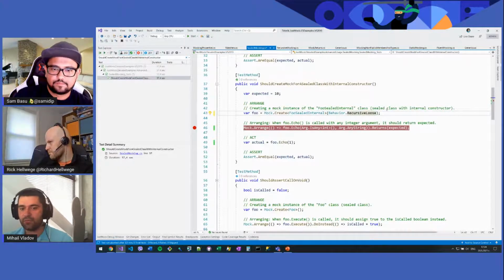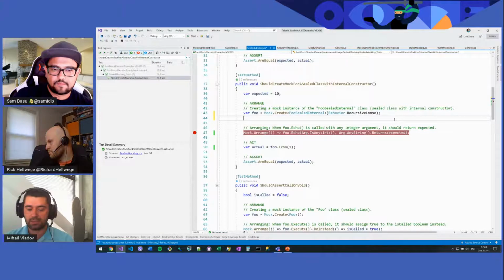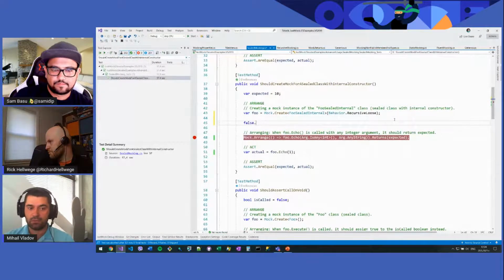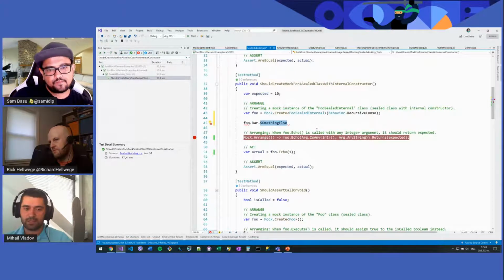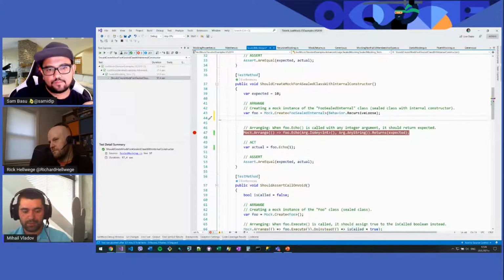Let's say if Foo has a property, something like Foo.Bar.Something else, if that exists, everything will have a recursive mock. Bar will have a separate mock, something else will have another mock, and yeah.